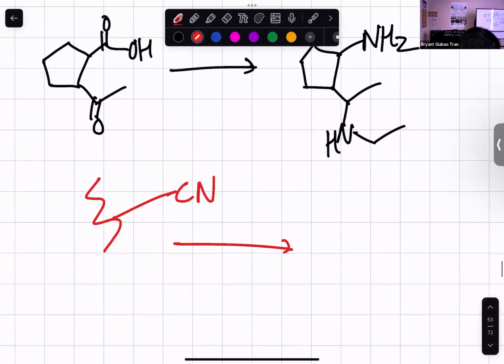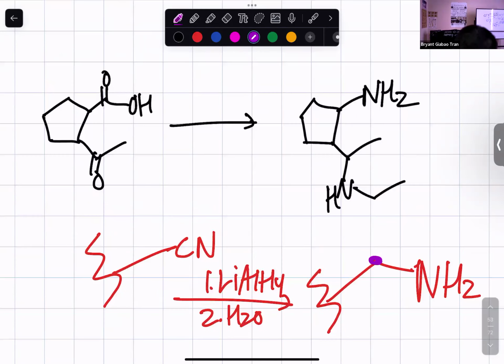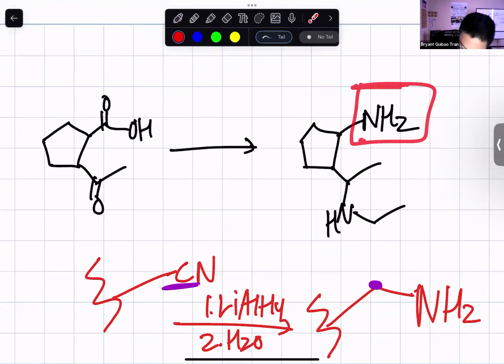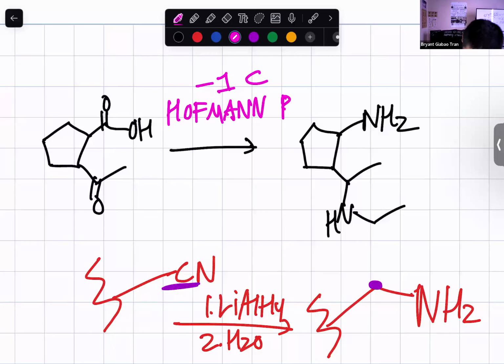And if we reduce this nitrile with lithium aluminum hydride and an acid workup, we still have that extra carbon right there, where that carbon is the carbon of the nitrile, right? But we want to remove that carbon. We want to take away the carbon. And the hallmark reaction that does that is Hoffman rearrangement,